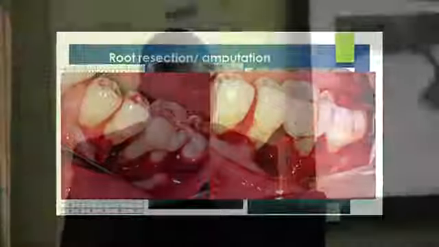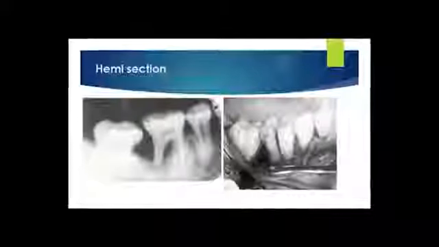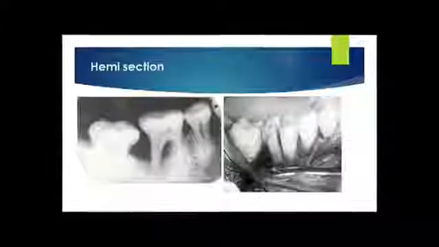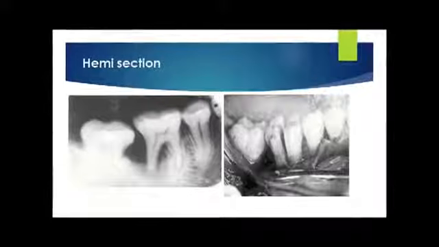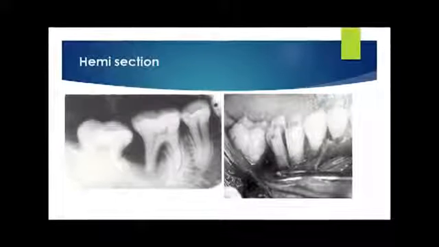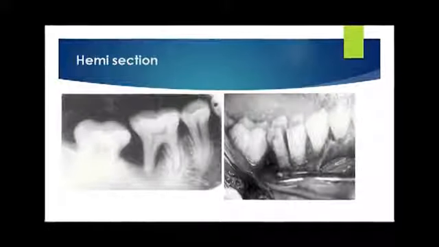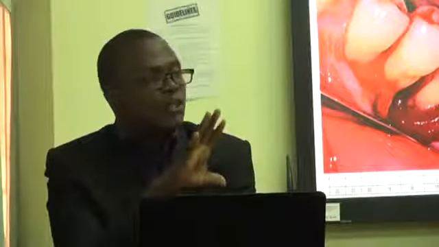The other alternative is hemisection, in which case you cut out one of the parts. The other alternative for this would have been a hemisection if we had wanted. But the challenge of a hemisection is leaving redundant space here. That tooth is not well balanced. But when you do an amputation and you seal off this tooth well, you can crown it, since it still has a mesial and distal contact, it is well cushioned.